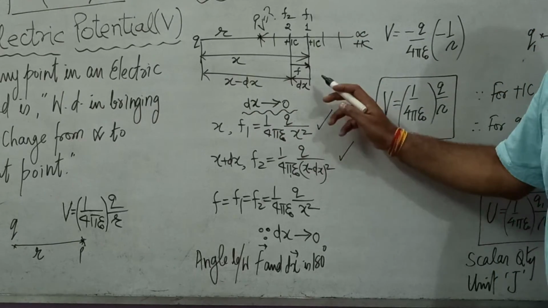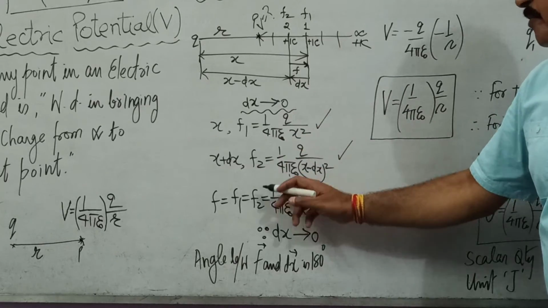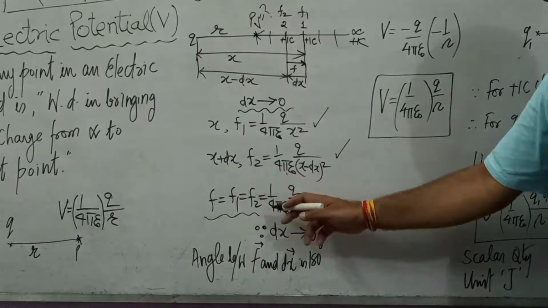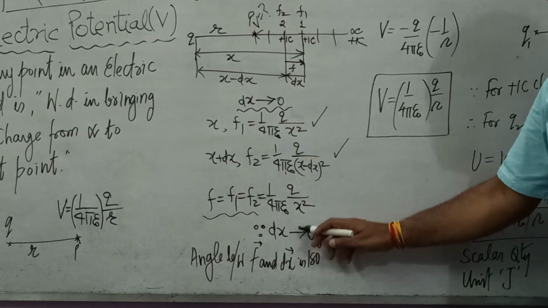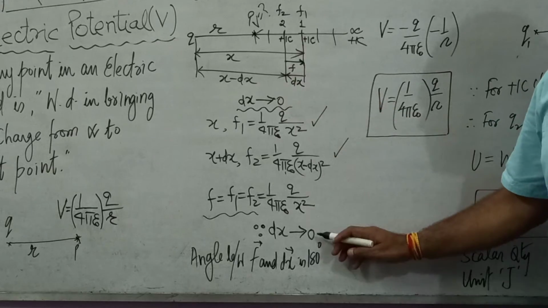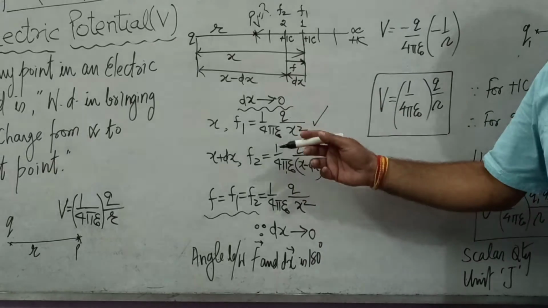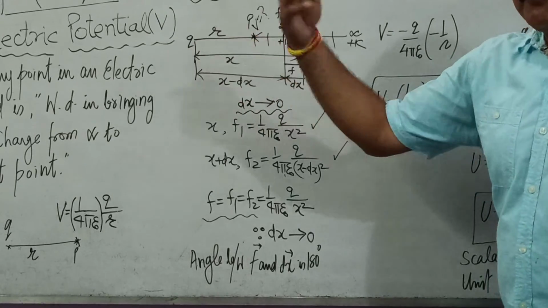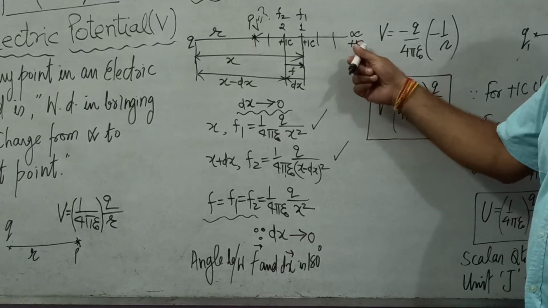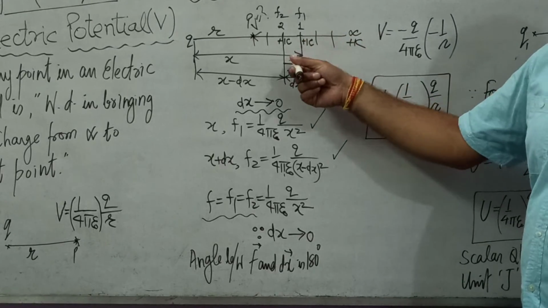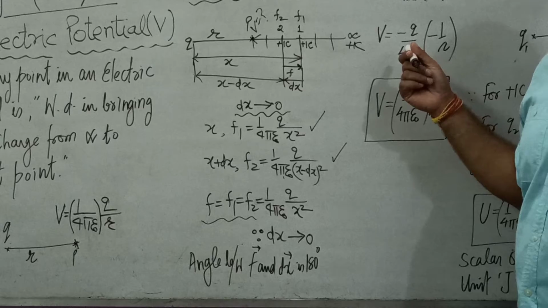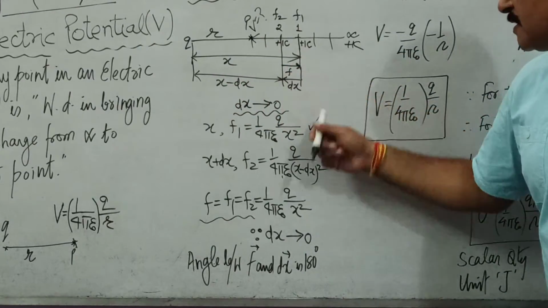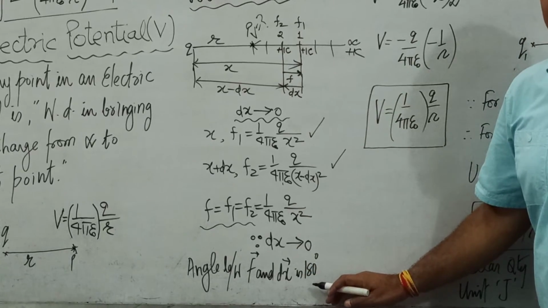Now both these forces F1 and F2 can be taken as equal to each other. F1 can be taken as equal to F2. Why? Simply because dx, the displacement between them, is 0. And the direction of force would be where? Towards right. If the sign of the charge is not given, by default we take it as positive. And this of course is positive. Therefore the force over this 1 coulomb charge will be towards right, that is a repulsive force. The force is towards right, displacement is towards left. So the angle between F and dx is what? It is going to be 180 degree.